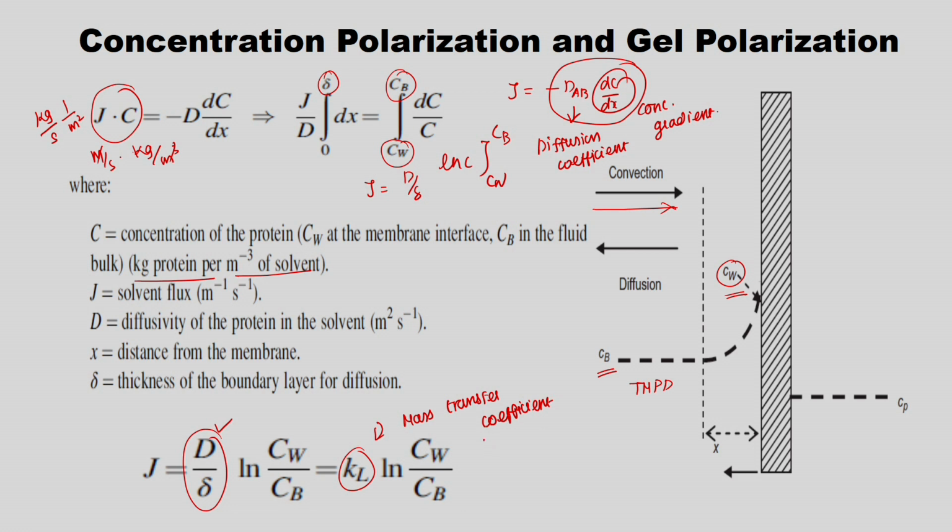Okay. So, this is K, d is in meter square per second. So, this is meter. So, this also comes as meter per second. So, the Cc get cancelled. So, J is also meter per second. So, the unit is conserved. So, this is the theory behind the concentration polarization and how to calculate the solvent flux or permeate flux from the concentration of the retentate near the membrane surface and the bulk.